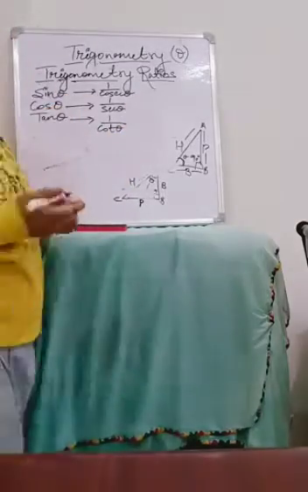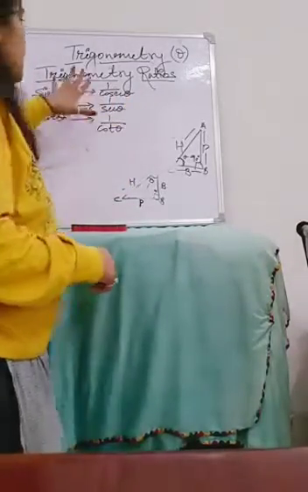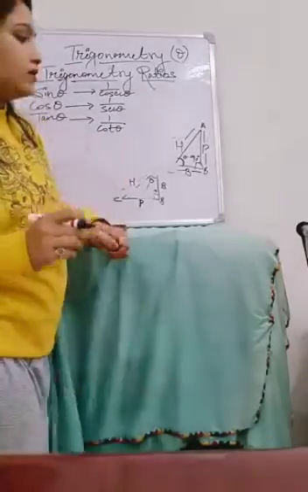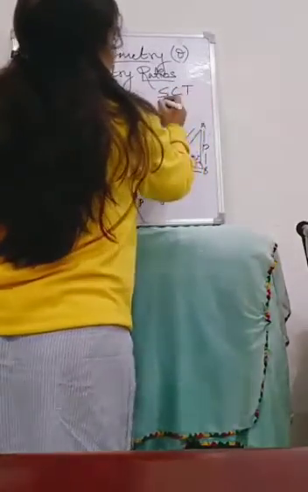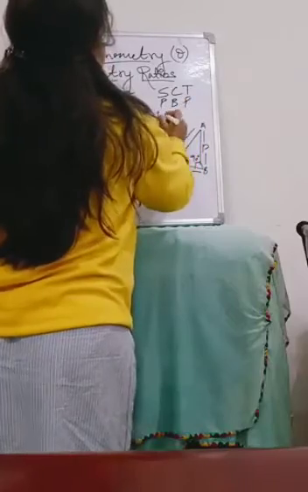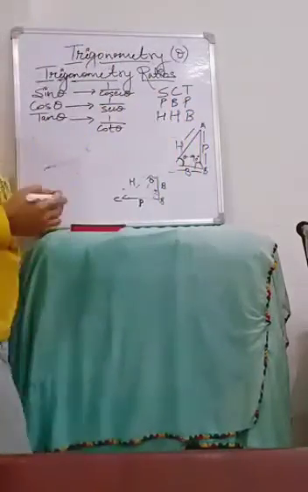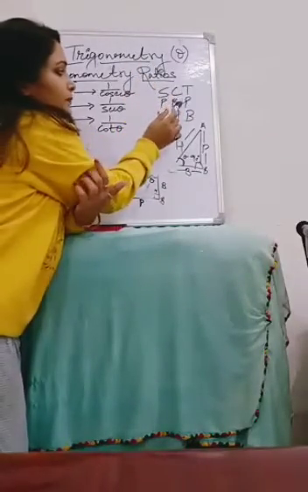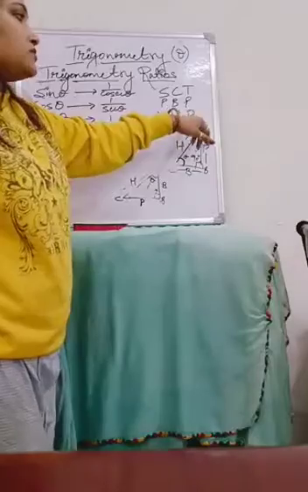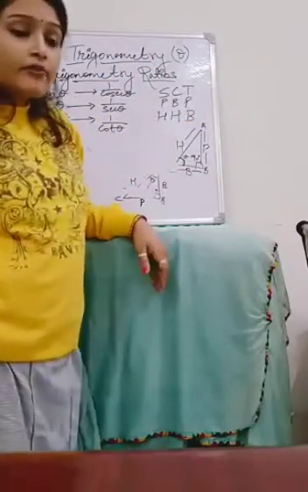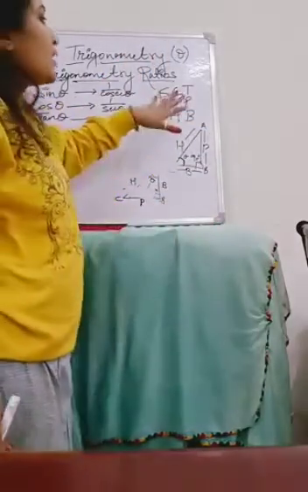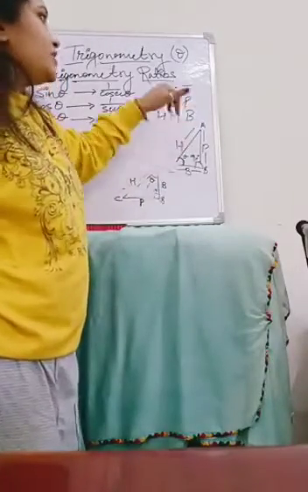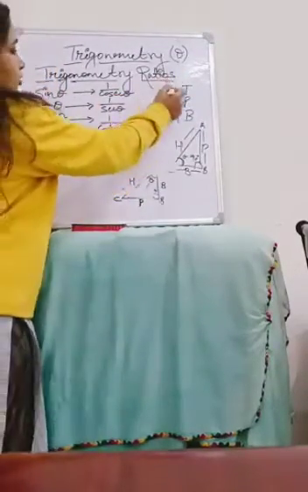Now, how will we find the side of the triangle? By these trigonometric ratios, there is one formula for these triangles. I am taking a short trick: S, C, T, P, B, P, H, H, B. That means sin theta, cos theta, tan theta, perpendicular, base, perpendicular, hypotenuse, hypotenuse and base. How will we remember this formula? Pandit Badri Prasad har har bole sona chandi tole. That means sin theta, cos theta, tan theta.